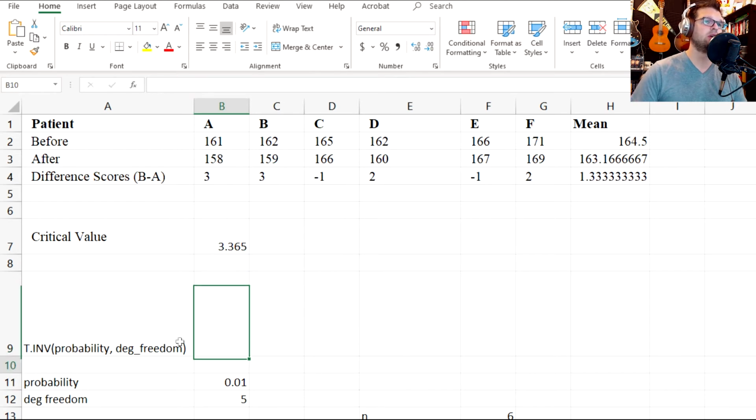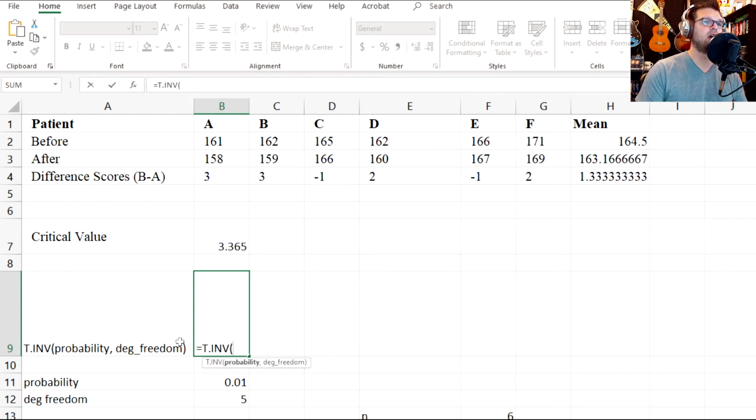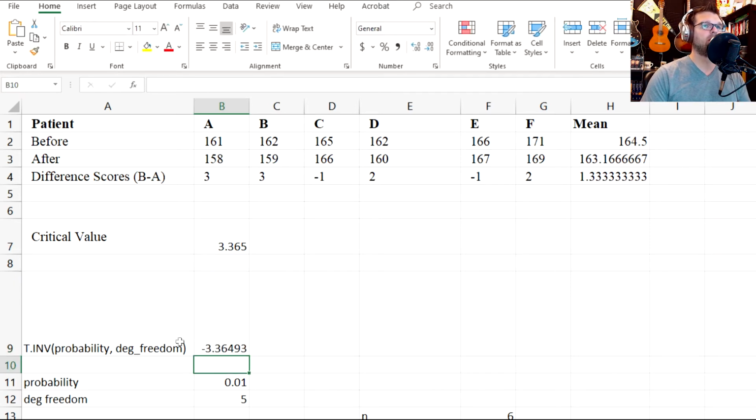The other thing that you can do is use this T.INV and then put the probability in the degree of freedom. So we're going to do equals T.INV, okay, and then the probability, well, what is the probability that we want? What is the alpha, the probability of having type 1 error, which is going to be 0.01, and then the degrees of freedom is 5. And it's going to give you negative 3.36493. The reason why is by default it gives you the cumulative, which means that it's going to give you the negative. So if you want the actual critical value, you just have to multiply it by -1,